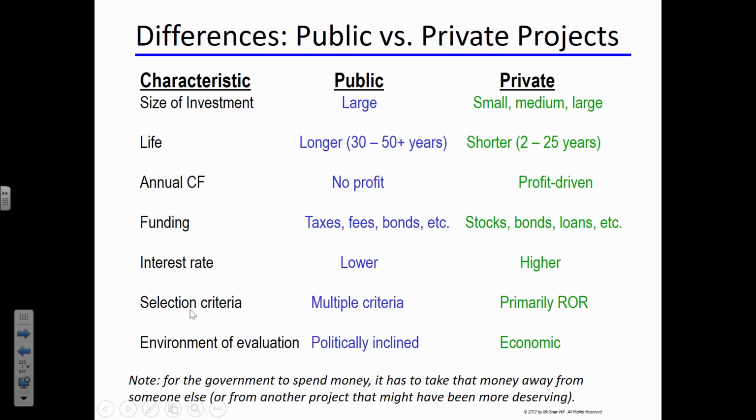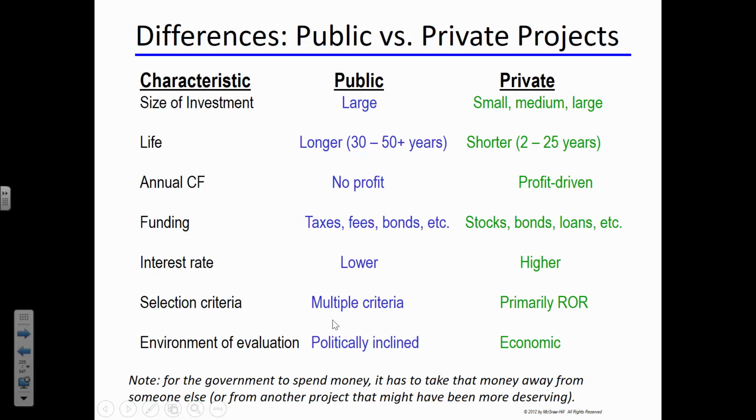The last thing I want to point out is the selection criteria. Multiple criteria means that you're trying to satisfy lots of different people who have competing interests. Whereas in the case of a private company, you're just trying to maximize your rate of return. In the case of a public project, you may be trying to satisfy both the poor people who live in a certain neighborhood that's going to be affected by construction, and you're balancing out the needs of businesses who are interested in moving into an area, and maybe you'll be balancing the concerns of rich people who are less concerned about the noise and pollution and delay that are going to be affected by the people where the project is taking place. And so you're balancing all of these competing